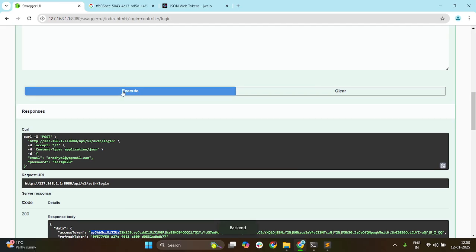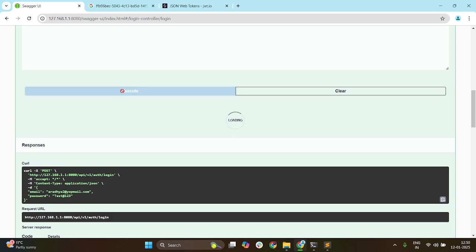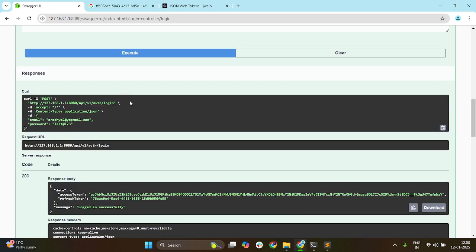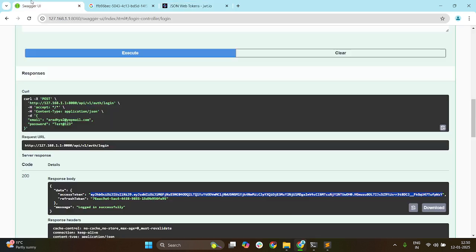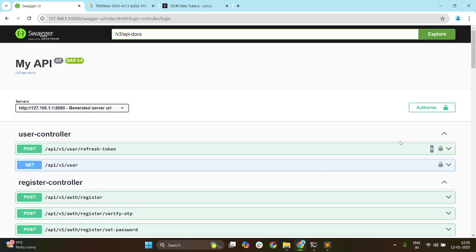So the expiry of the access token is 0 milliseconds. And this is the access token. If I look into this, we can see that this token has already expired. And if I try to refresh,